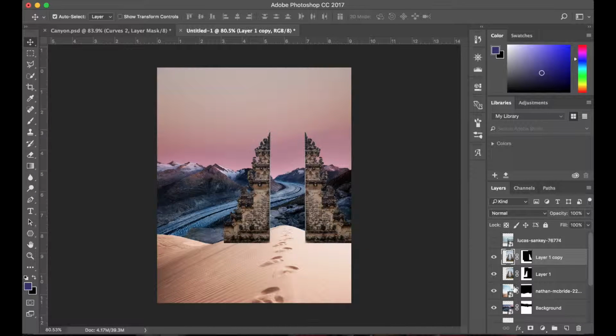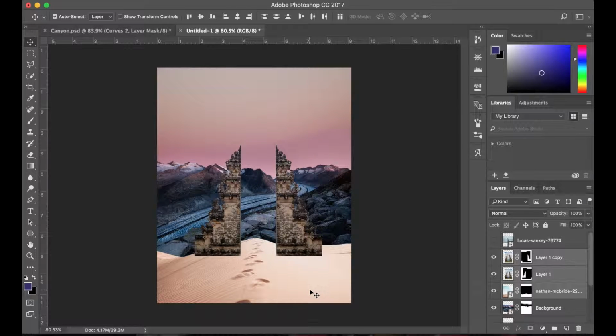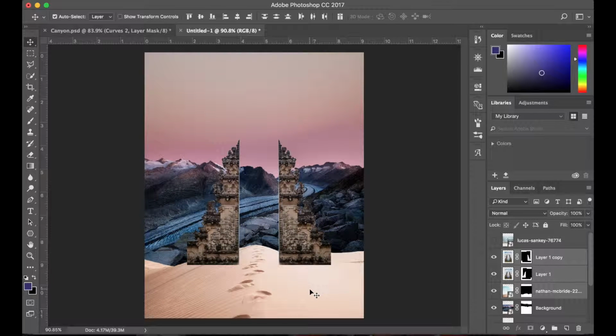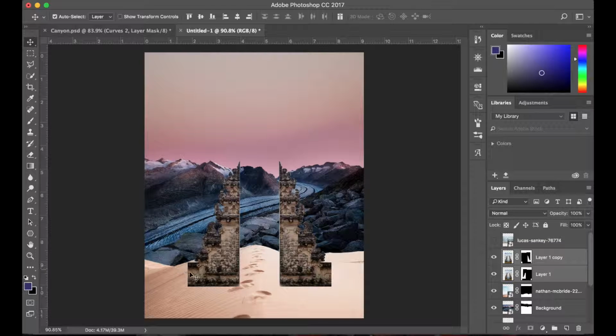What I'm going to do now is just move everything around into the positions that I want before we go ahead and do any more editing. Okay, so now I've got that in the center of the image. What I'm going to show you guys now is how you can blend these into the sand dunes. So what we're going to do now is select our first layer here, come down onto our mask selection,